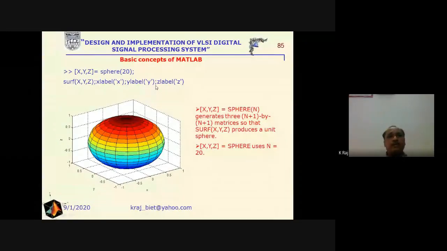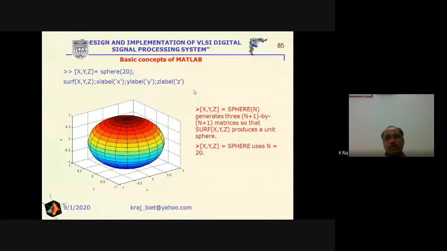Now suppose we are not aware of any command, then what we have to do is look up the description and the property of that function.